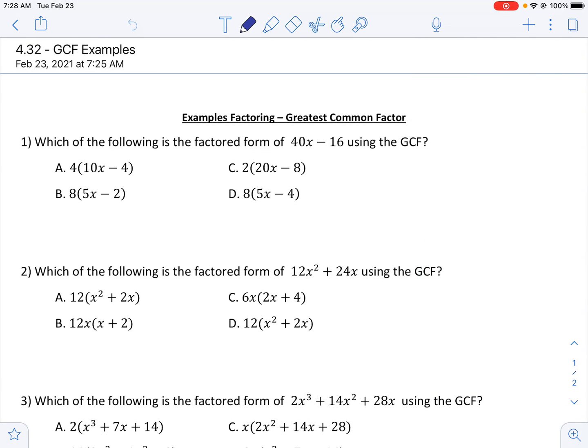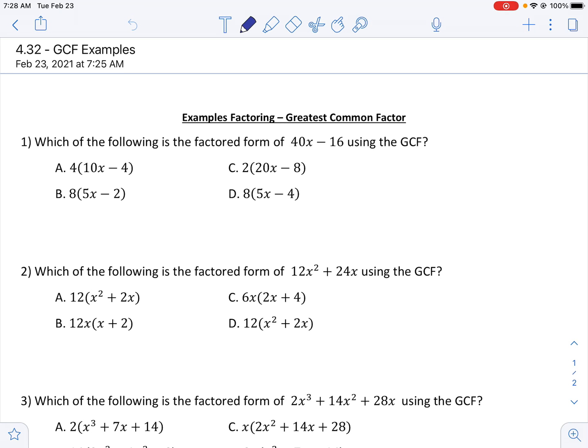Today we're going to be practicing factoring out the greatest common factor. So when we do this, it's going to be best to use our calculator, and we're going to use our test taking strategies. So question number 1 says, which of the following is a factored form of 40x minus 16